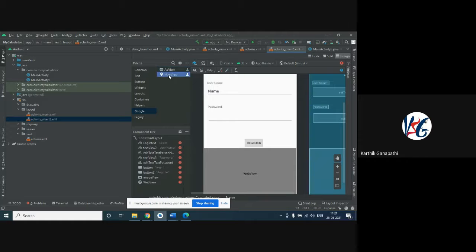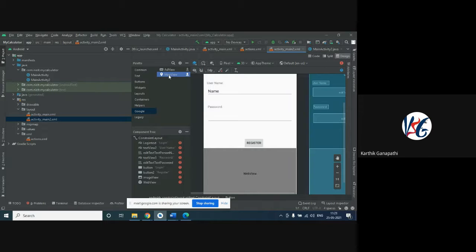So the map view is also one of the features provided by the Google Corporation itself. Apart from Google Ads, we are going to have one more feature called map view, because the majority of the applications in the market are supported with maps. The Android application supports not only the service provided by Google, it will also support maps by other service providers like Maps India or any other service provider. Not only Google Maps, it will support other map service providers also.